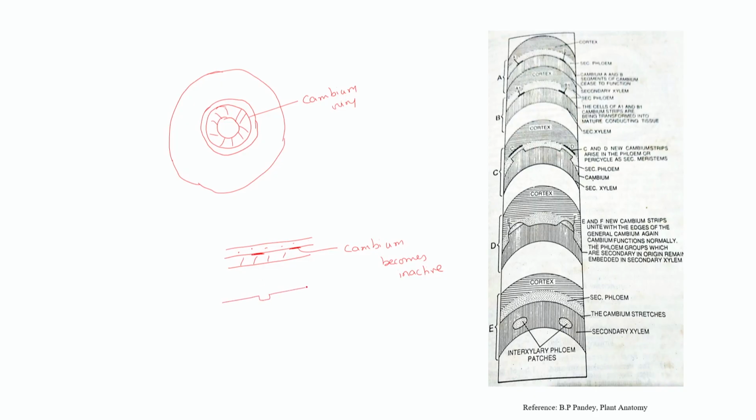You will see this type of depression, because xylem is not increasing on the lower side. So, this type of depressions in these particular areas you will see, and some sort of phloem will be coming out in the xylem layer. So, what will happen after some time,